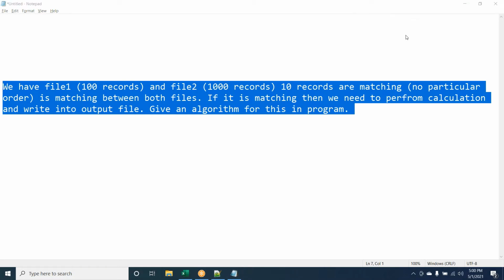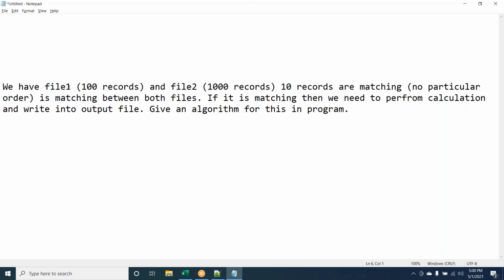Yeah, Venkat, for this, we need to use evaluate actually. We may have a key for both the files, let's say an account number. Before feeding into our module, we need to sort both the files by that account number. In our module, we have to write the logic in evaluate. When file one account number is equal to file two account number, we need to perform our operation.